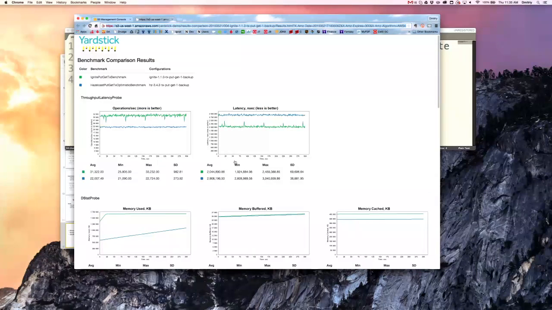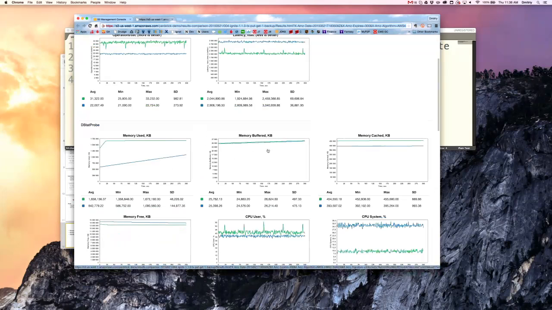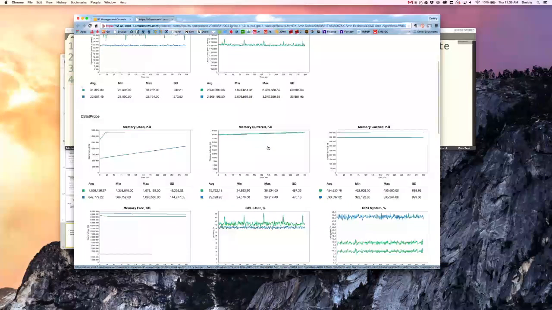Here's all the information you can grab from Yardstick. We can grab iterations per second, very consistent with what I have shown you. It's actually a little faster. Probably this benchmark was run on more servers, and it shows actually 30,000 iterations per second versus 22 on Hazelcast. So again, iterations per second, latency, and the whole gstat command on Linux is also benchmarked and shown here as